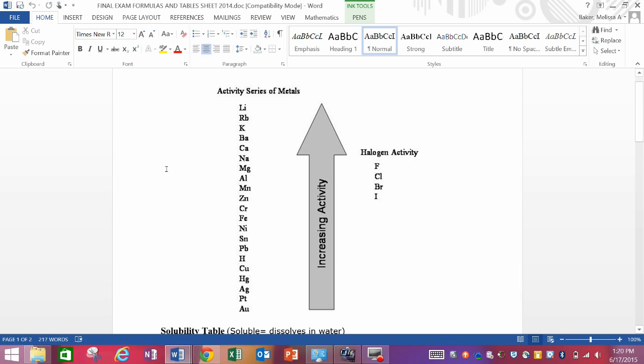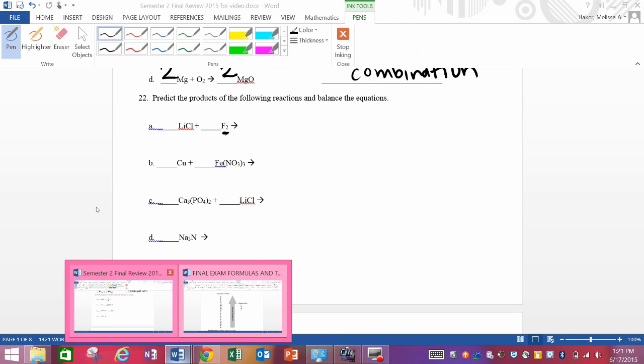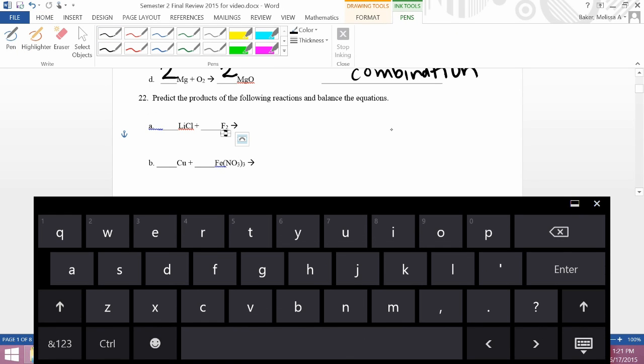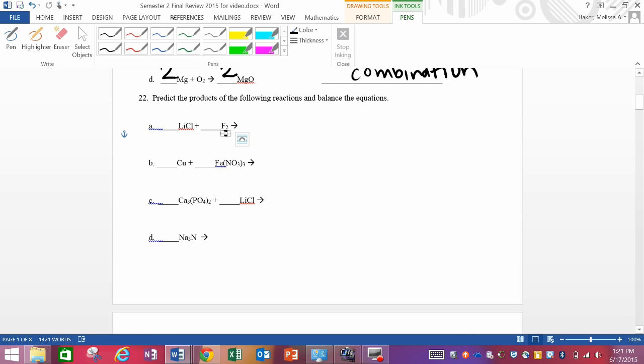And there's one kind of weird one on here. Hydrogen is not actually a metal, but it gets put on that side. It's an exception. Over here we've got all nonmetals. So fluorine is the most powerful nonmetal. Fluorine can kick out any of the nonmetals below it. So let's go back and look at our problem. F is going to try to kick out Cl because they're both nonmetals. So F is going to be able to kick out Cl, and now Li is going to be